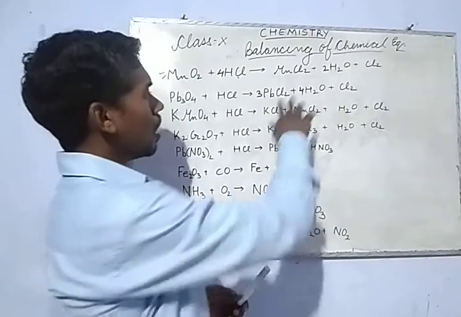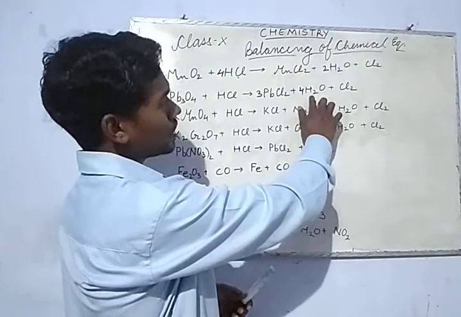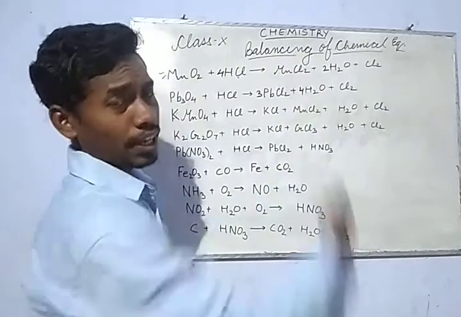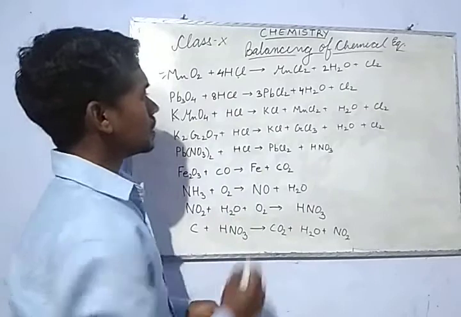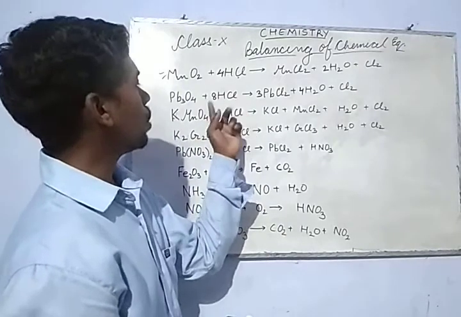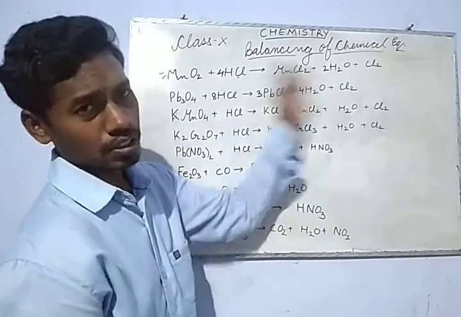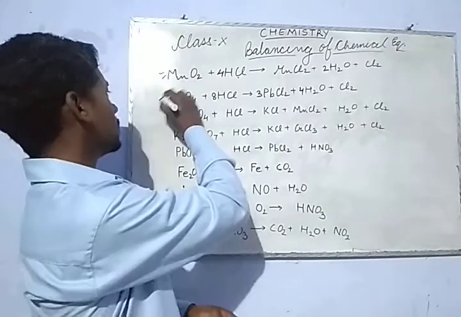Okay. After you have changed the number of oxygen, we see that hydrogen also has changed. How many hydrogen here? 4 to 8. So how many should be here? 8. Now let's see whether the chlorine is balanced or not. How many chlorine? 8. This side, 3 to 6, 6 plus 2, 8. So this chemical equation is also balanced.